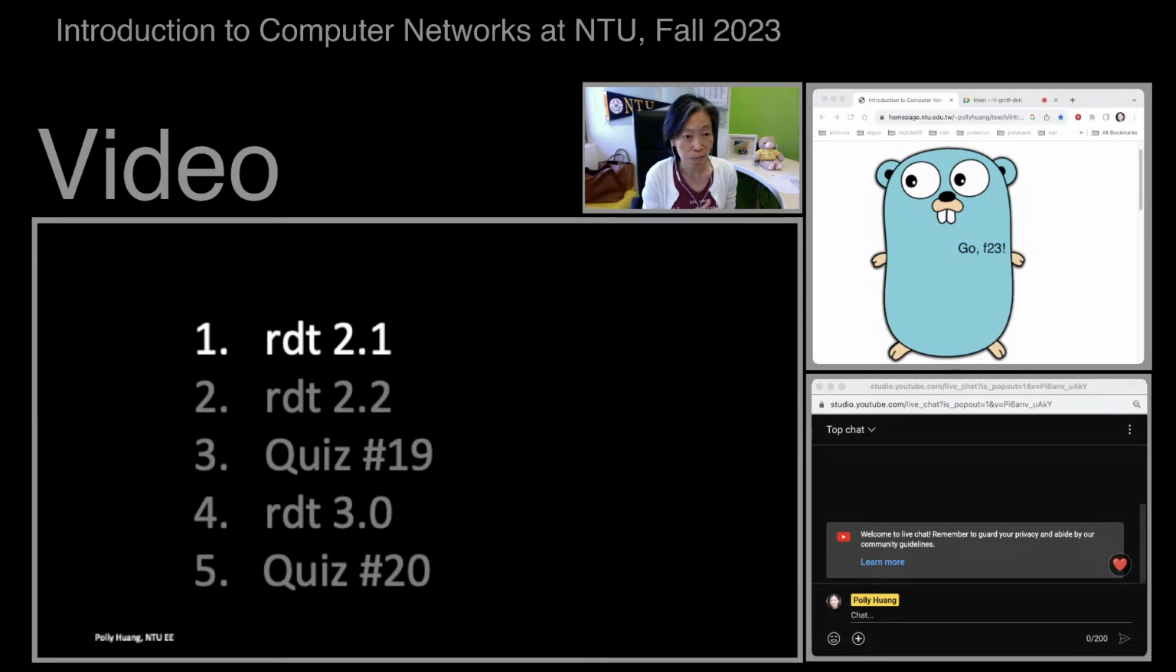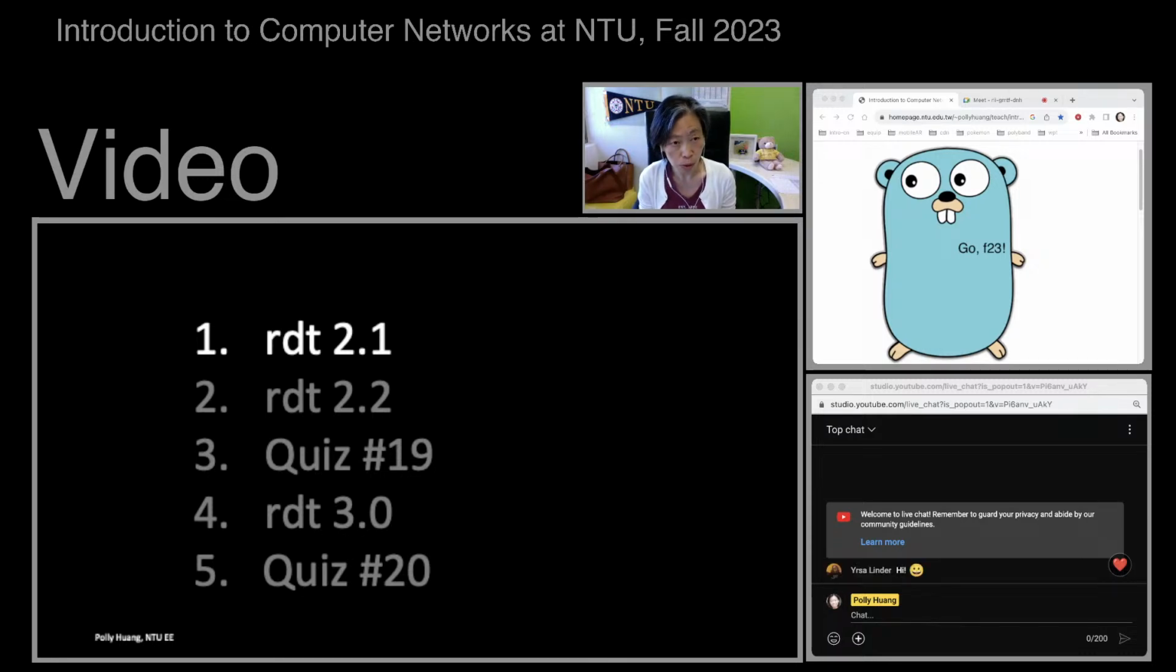All right, so the topics today. RDT 2.1 is going to be the first one, and just a little bit of review from last week. We're in the transport layer chapter. One of the major functions of the transport layer